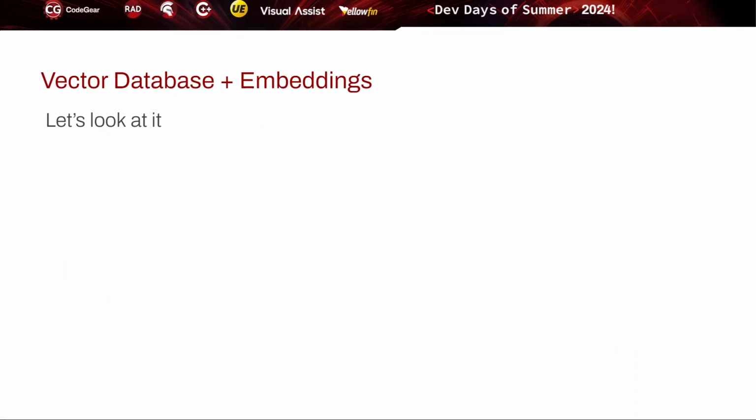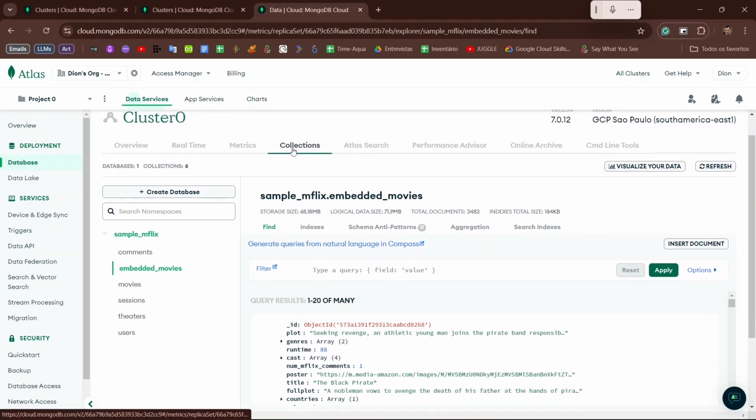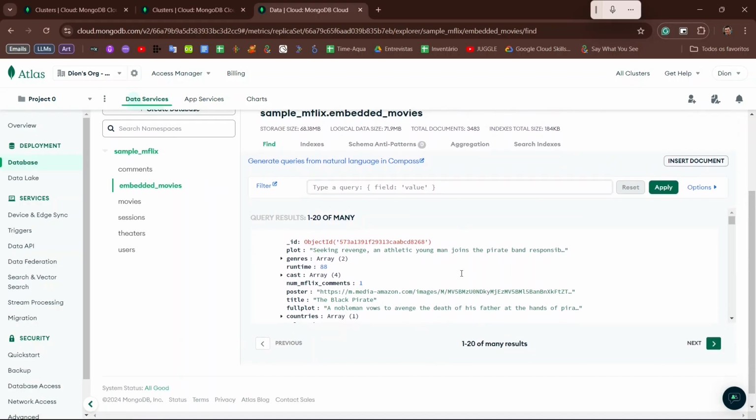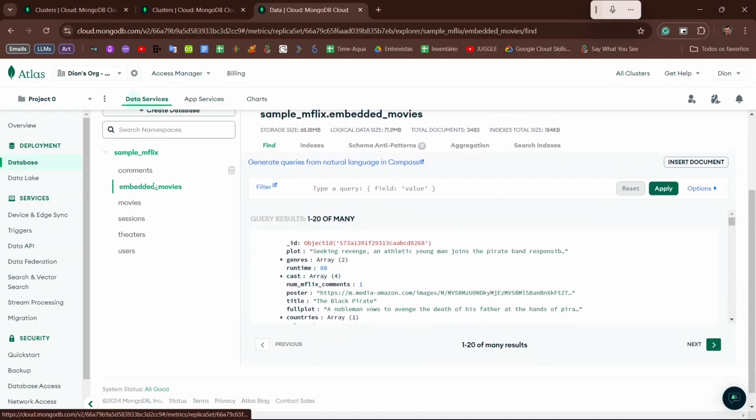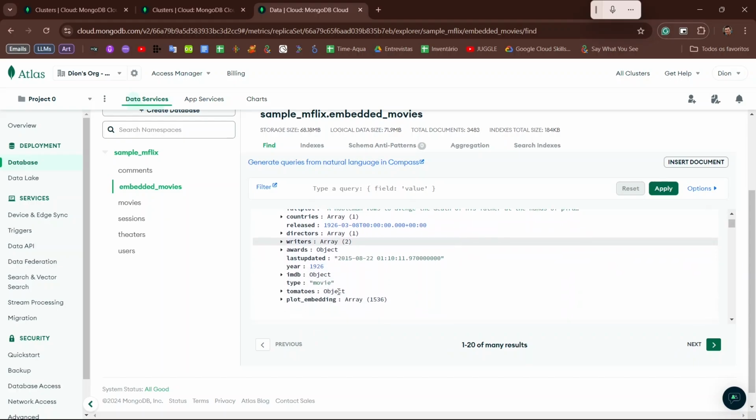Let's look at a database with embeddings. Here we have our MongoDB cluster, and inside the collections we have this sample_mflix, a sample catalog with many movies that Mongo generated for us as a test collection. And inside of this sample_mflix, we have these embedded movies. There is a simple object of a movie, maybe an old one, maybe a new one.